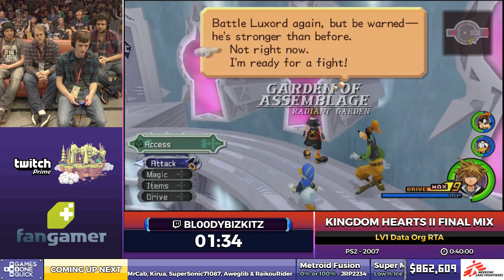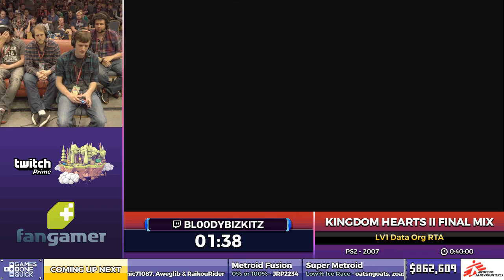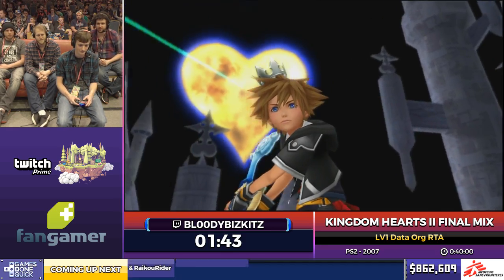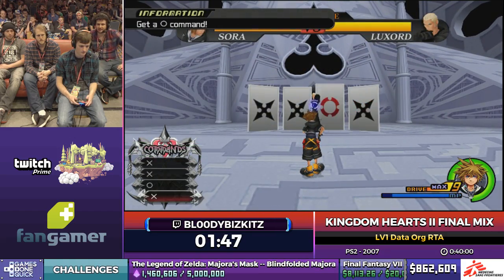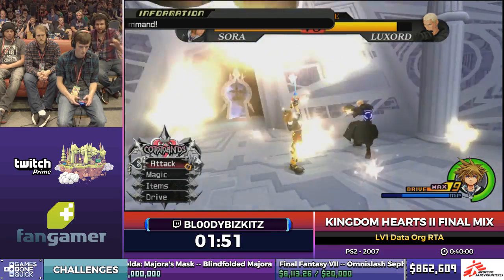We don't need to do any Keyblade changing. You would think that having like a strength boost or reaction boost would do something. It doesn't make any difference at all. Yeah, it's just number of hits to lower that time gauge. So right here we're going to be having to play this mini game. Bloody has to make very quick reactions. If you look in the bottom left corner,